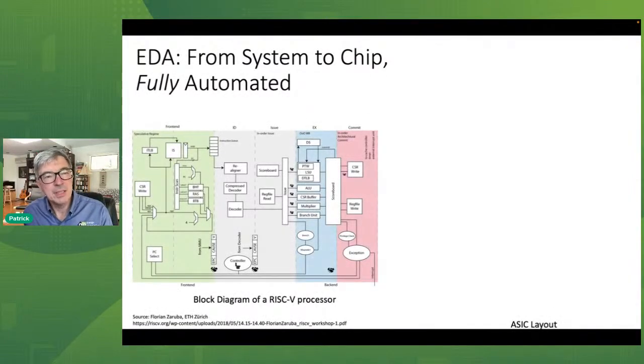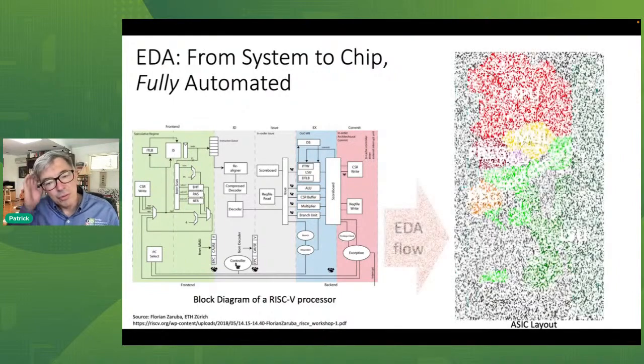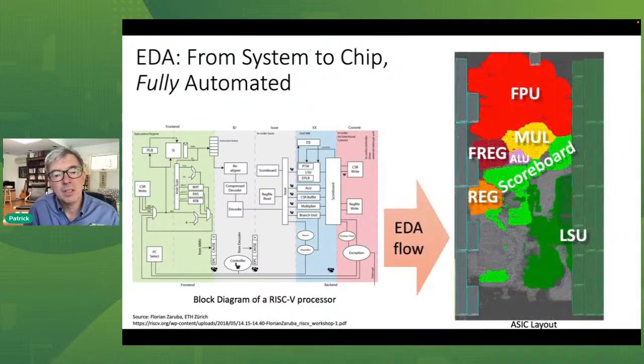So what are we doing here in electronic design automation? What we want to be able to do is to go fully automated from a higher level description, like in this block diagram of a RISC-V processor, or from your network description in PyTorch describing a machine learning architecture, and automatically convert that using a flow into hardware on the chip. Here I'm showing an implementation of this